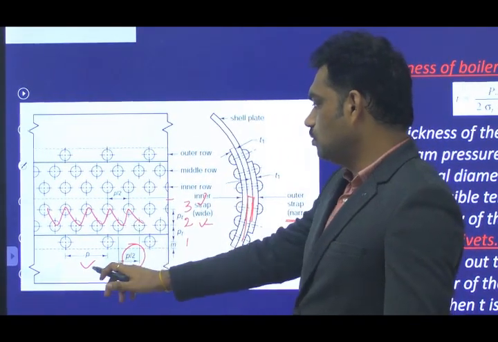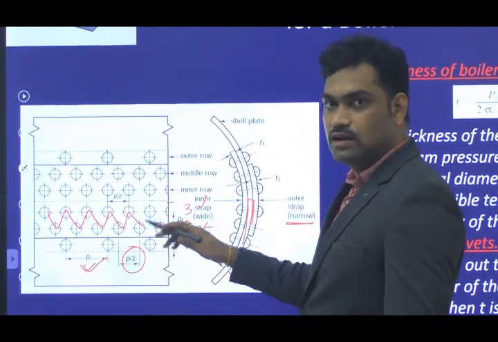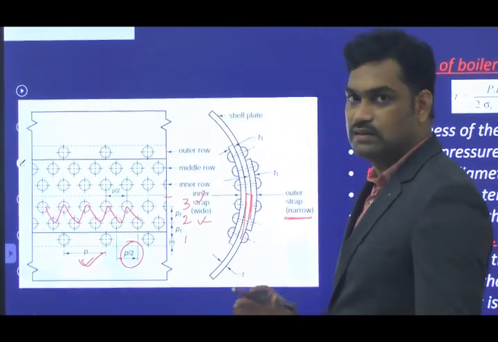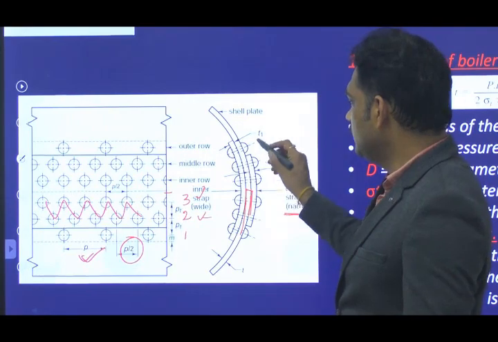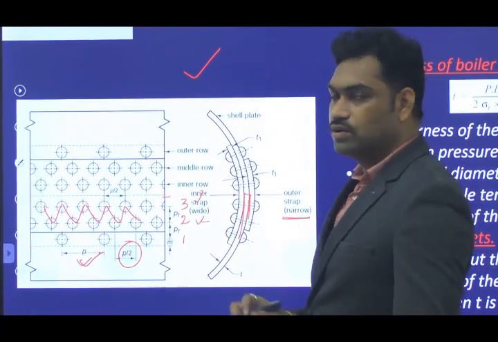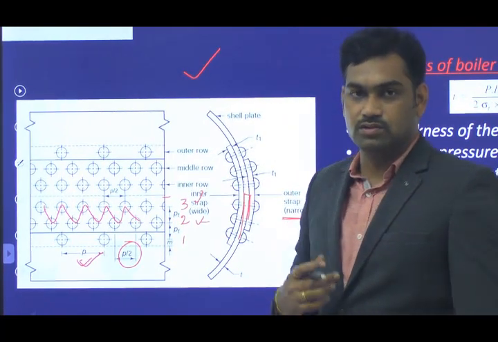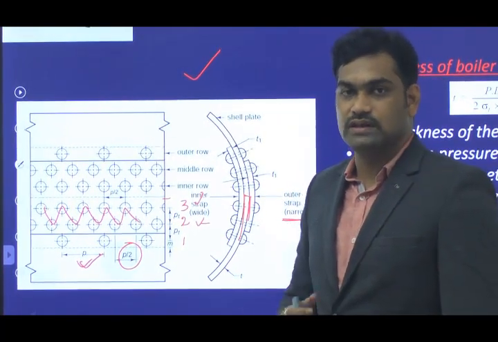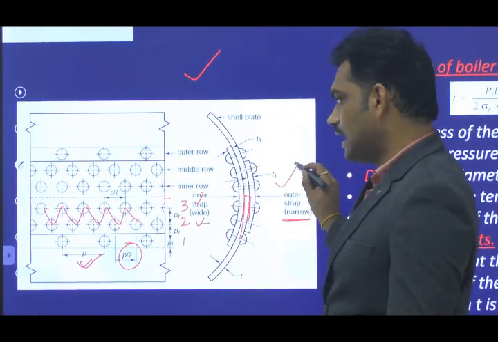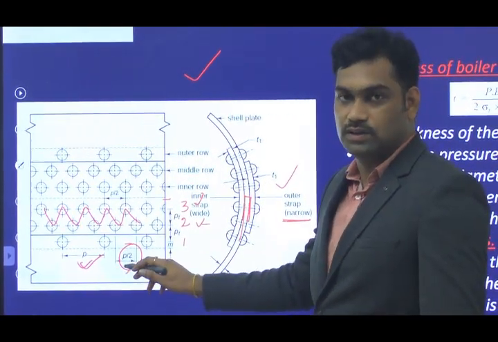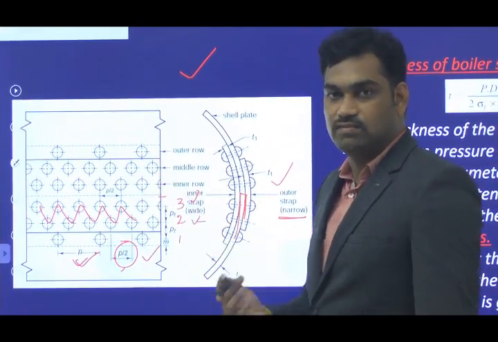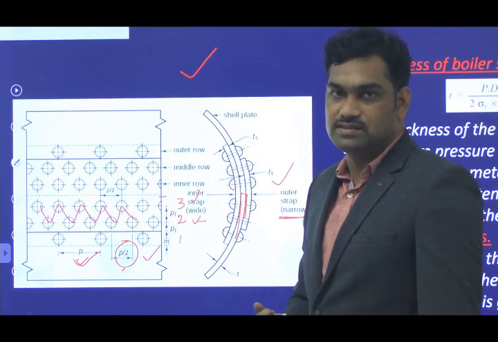The outer row of rivets has the pitch P, and the inner rows of rivets have half the pitch, with the inner rows in zigzag type of riveting. This is the case. You can also go with equal size straps. This is the basic longitudinal type of butt joint we can use in boilers, a triple riveted butt joint with unequal width of straps, the outer row of rivets having pitch P, and the inner rows having half the pitch arranged in zigzag fashion.